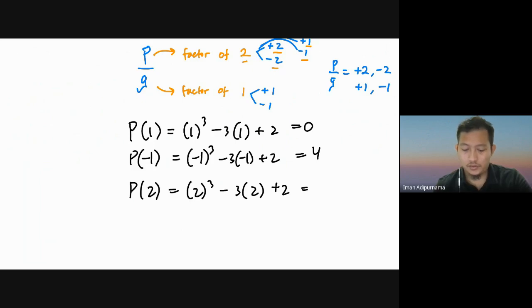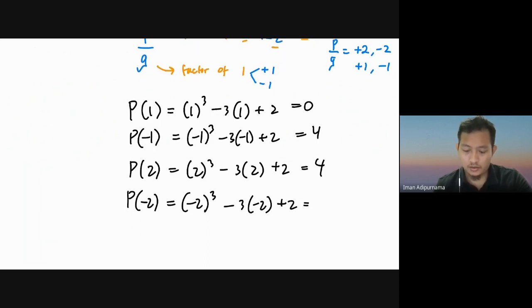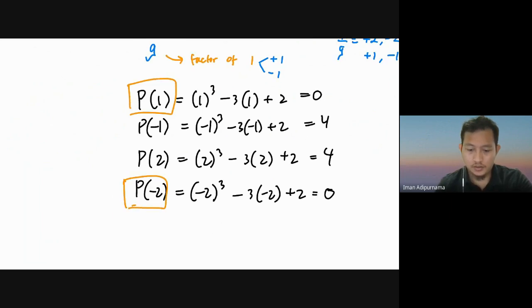This is also 4. And lastly, we check -2. This is 0. Yeah, 0. So this will be our 0. So the rational zeros